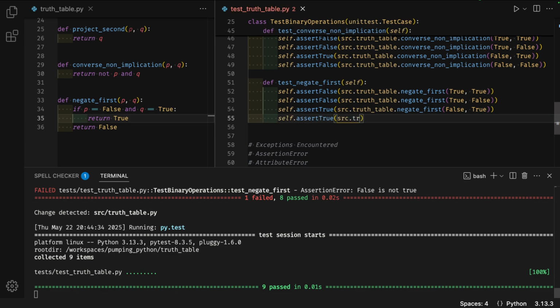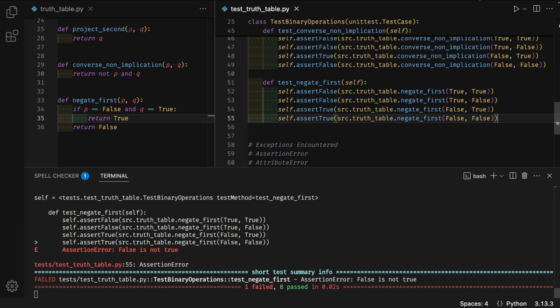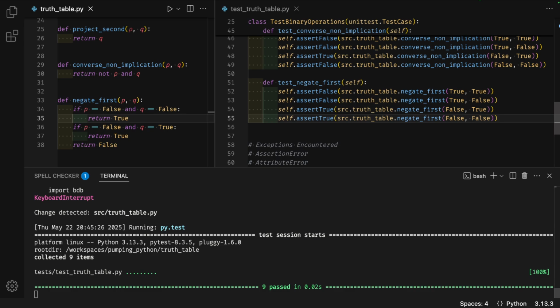self.assertTrue(source.truth_table.negate_first(False, False)). The terminal shows assertion error. False is not true. If p is equal to false and q is equal to false: return true. The test passes. The two cases where this function returns true are both when p is false, which means I